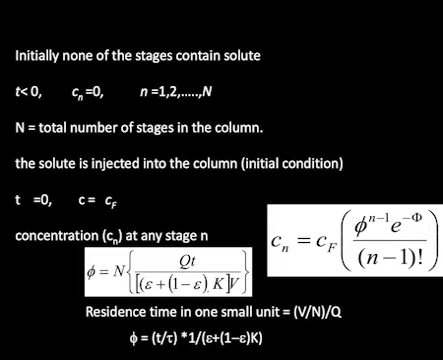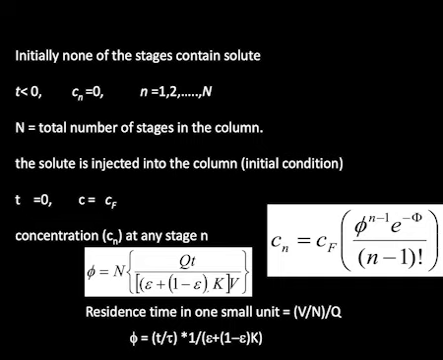Now the solute is injected at time equal to 0, that is C is equal to Cf. That is the initial condition. So by using that we can solve the differential difference equation to end up with a relation like this: Cn equal to Cf multiplied by phi raised to the power n minus 1, e to the power minus phi, divided by n minus 1 factorial, okay,